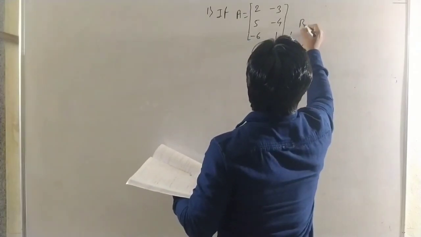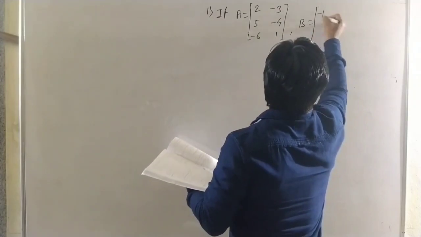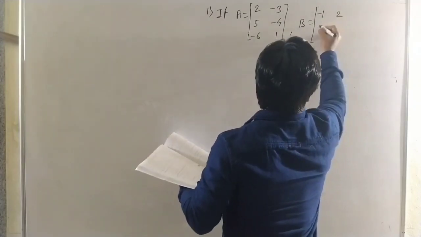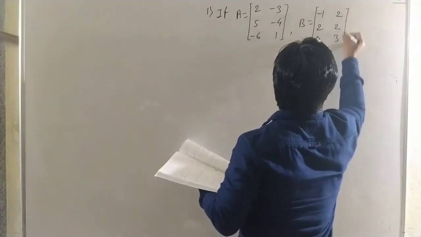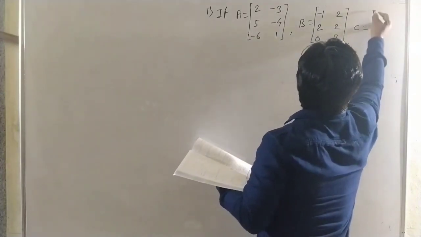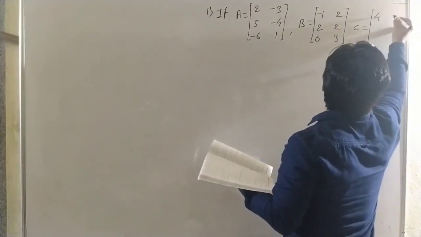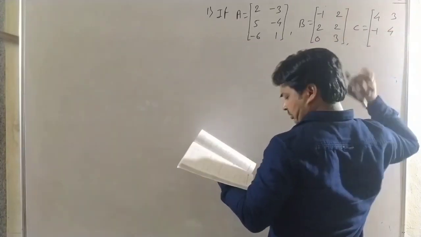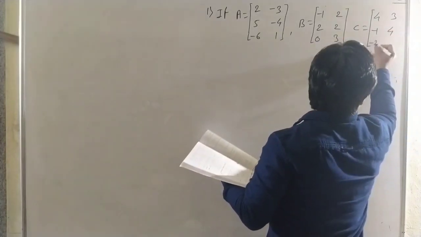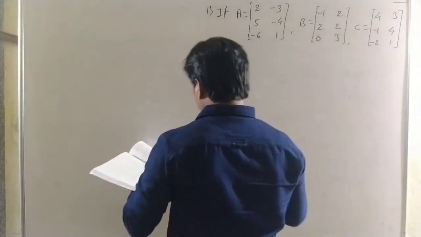B is minus 1 2, 2 2, 0 3, and C is 4 3, minus 1 4, minus 2 1. These are the three given matrices. Then show that